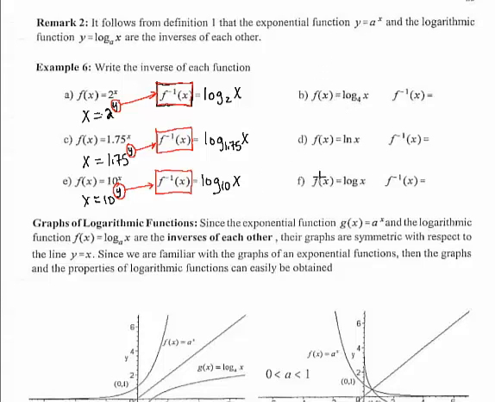Alright, on the right side of example 6, we start with the log and we want to go to the exponential form. And when we do that, we will have the inverse function, as long as we've swapped the x and y variables of this original equation first. So the way it's written, we have y equals log base 4 of x. We swap the x and y,